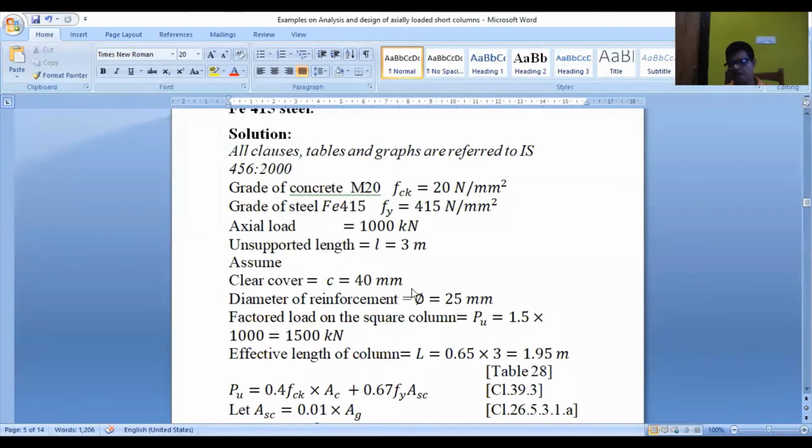Okay, right. Now cover. You need the cover because you have to show the detailing. So the clear cover in case of columns is 40 millimeter, and in case of footing it is 50 millimeter, that we have discussed earlier. Cover to reinforcement. The diameter of bar is not given, so you have to assume the diameter of bar. It may be 20, 25, as you like, you can take. Now what is the factored load? 1.5 times the working load or the allowable load. So that value is 1500 kilonewton.